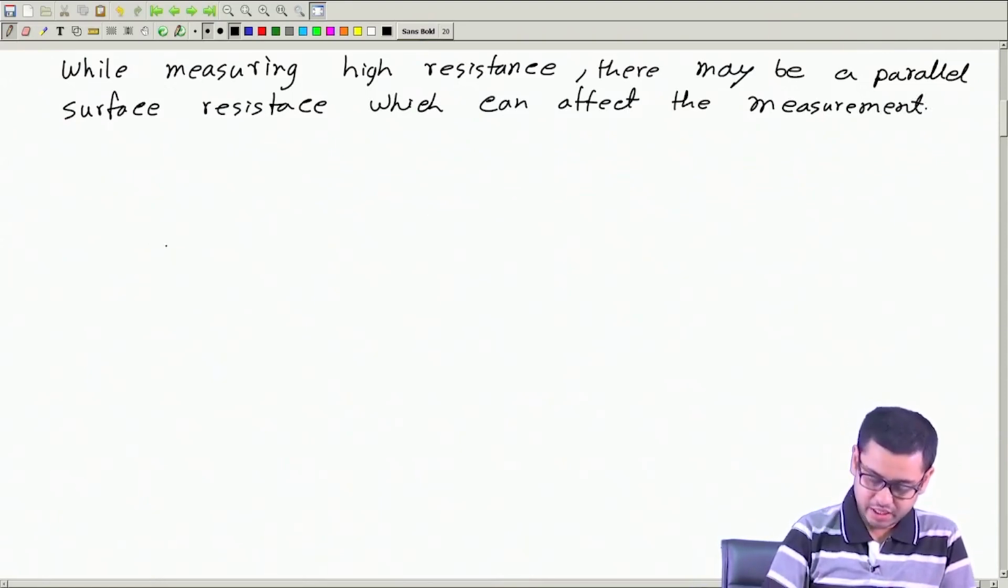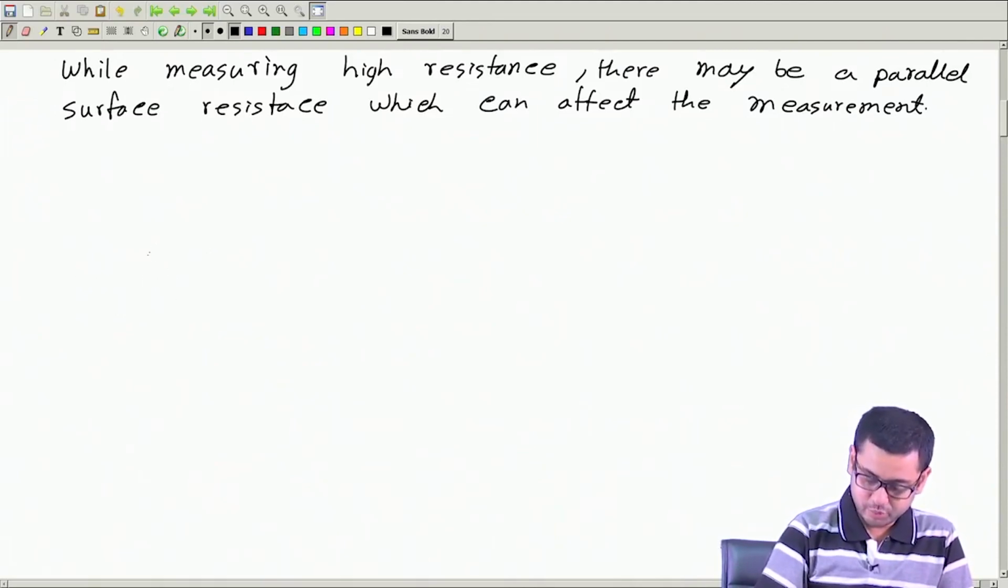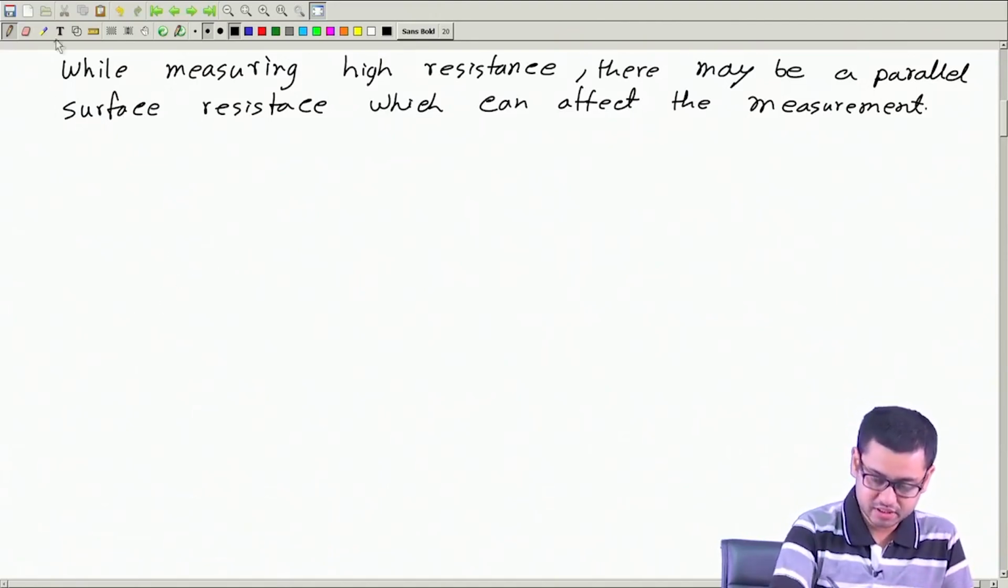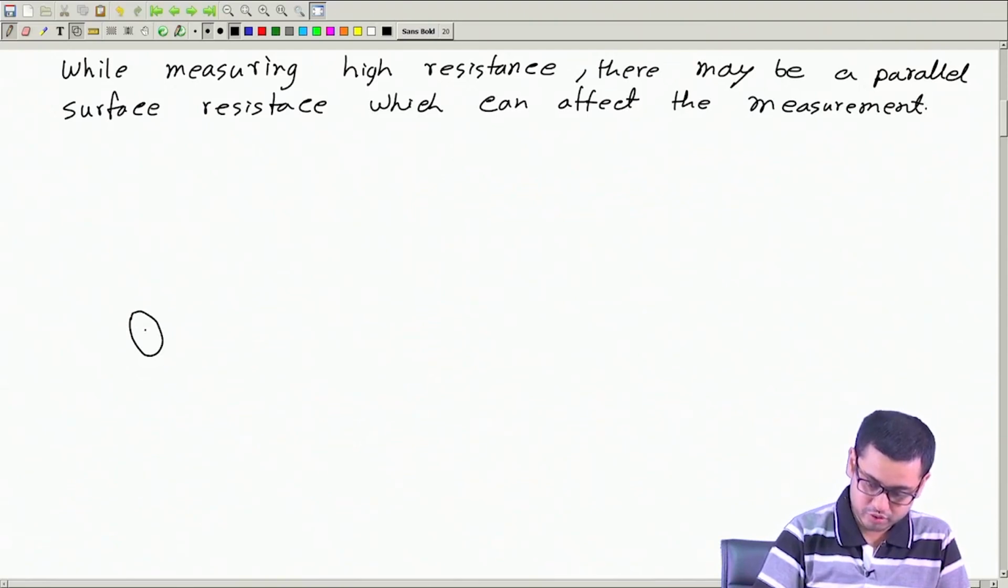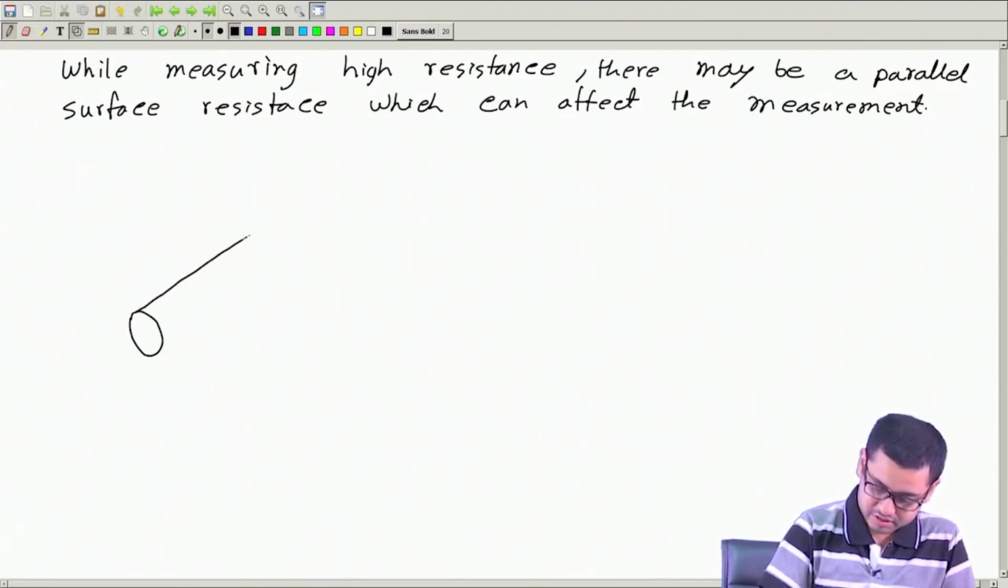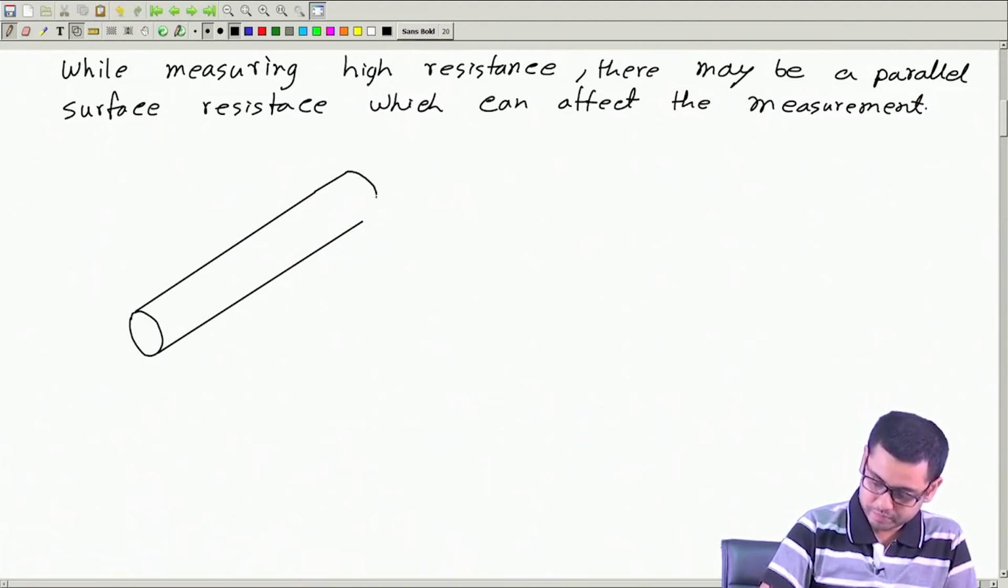Okay. Now, let us see a practical scenario, let us take a practical example where this will be more clear. Suppose we have a coaxial cable. What is a coaxial cable? A coaxial cable looks like this. So, it has a central core, a cylindrical core which is of course some metal, maybe copper. Okay. So, it has a core